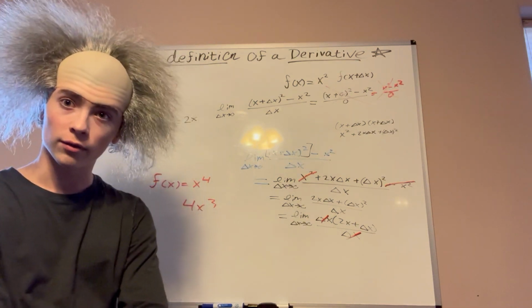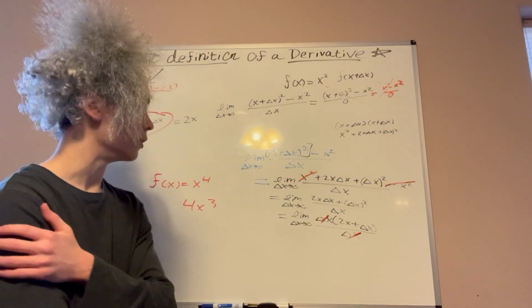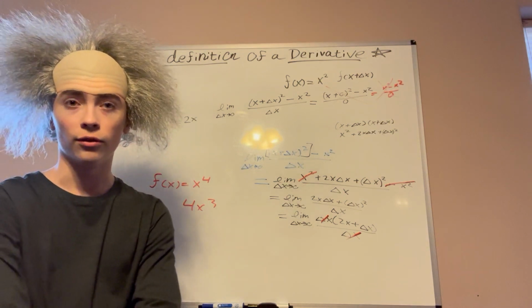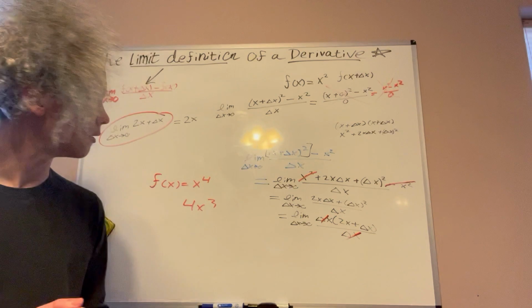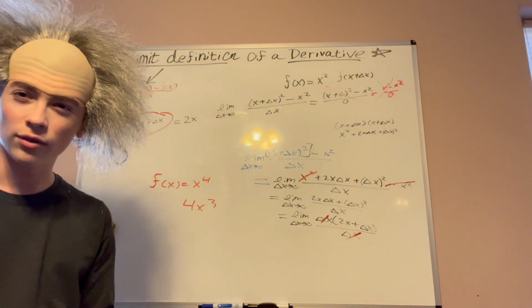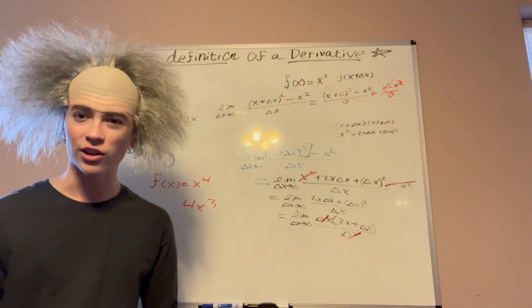Or just 1 over x, for example. Any rational function could get pretty messy pretty quick. Or if we did a function raised to the power of a fraction, right? So if we did like a root function, x to the 1/2 or the square root of x, it gets pretty tough pretty fast. And in those examples, you're going to have to use some algebra tricks to rationalize,